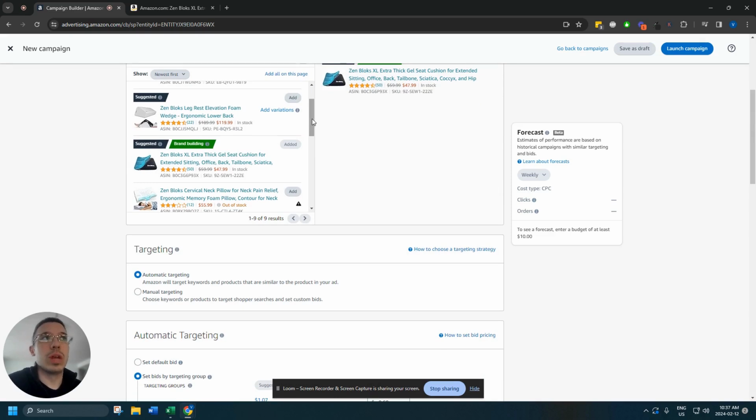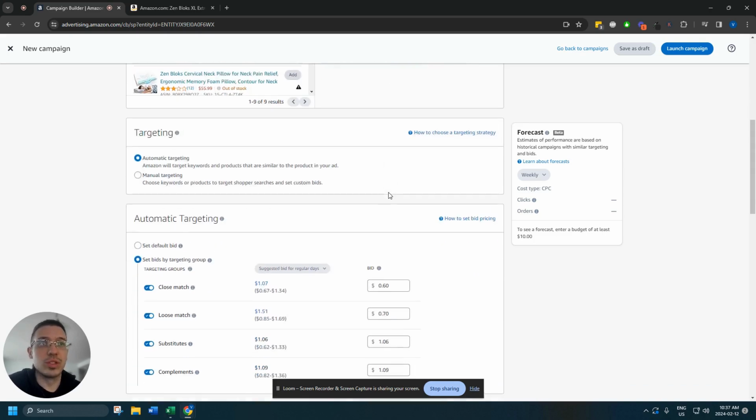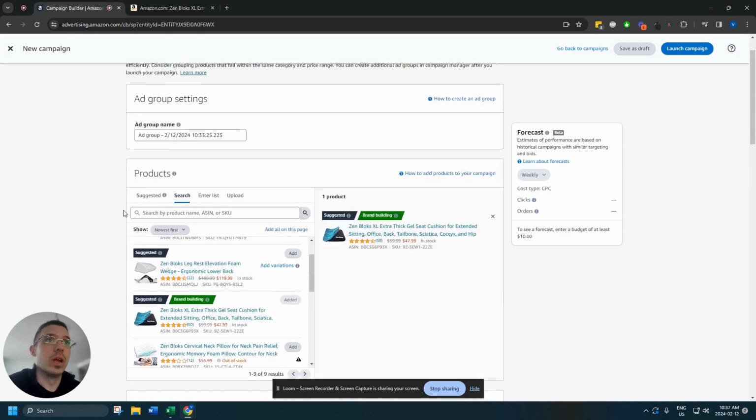And you can also do that for a lower cost per click. Once again, I'll go into more about what ASIN targeting means, but just know that in automatic, you can do some research on what ASINs are getting the most traction, what ASINs are the most popular, what get the most search volume on them,